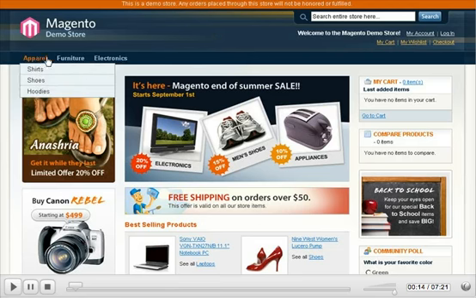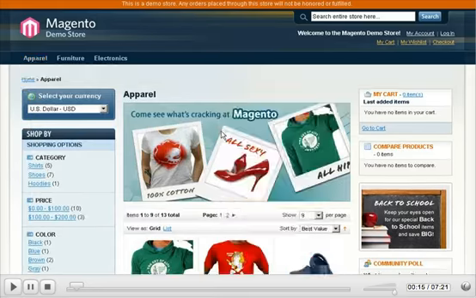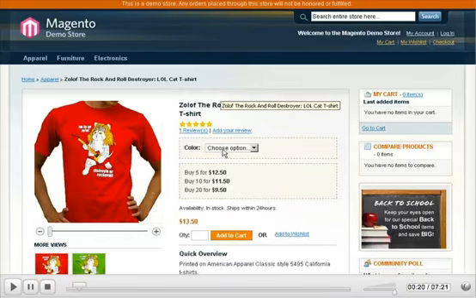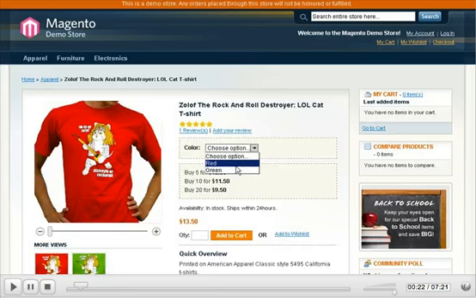Today on the Magento screencast, we're going to show you how to create a configurable product using Magento. A configurable product allows the user to dynamically configure some of the product's attributes to their own personal needs and wants, like, say, a green shirt or a red shirt. To start creating your own configurable product for your store, the first thing we're going to do is head over to the back end,